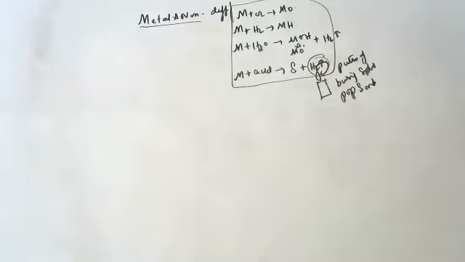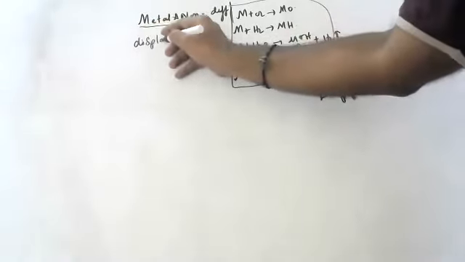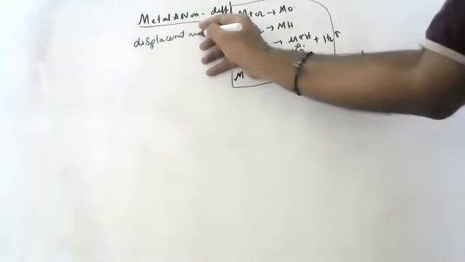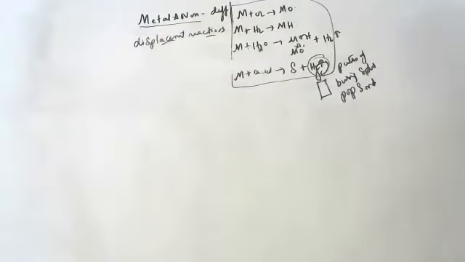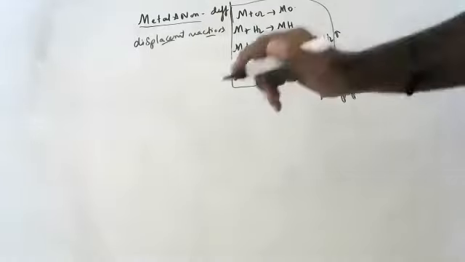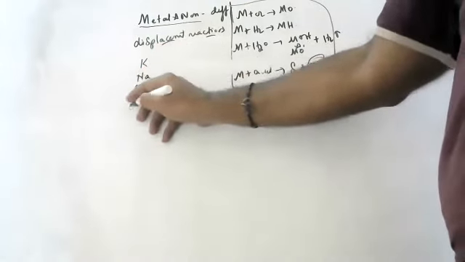Now the last reaction, children: displacement reactions. What is meant by displacement reactions? Displacement reactions are those reactions where, see children, let me tell you the series we have: potassium, sodium, calcium,